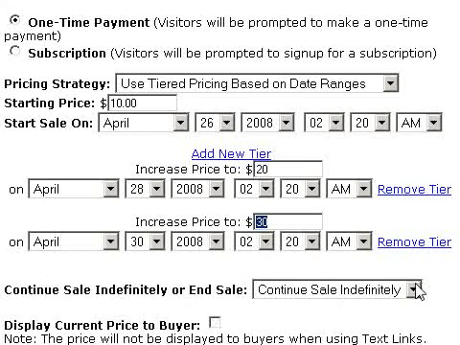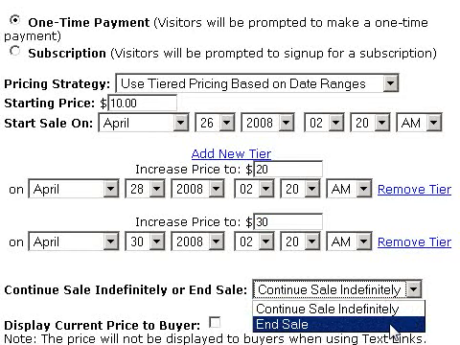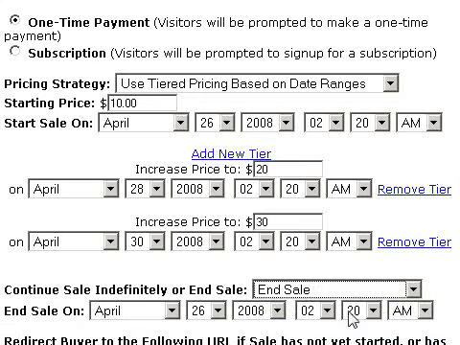And I said increase the price to $30 on April 30th, which is 4 days from now. And then, just like before, you have the option to continue the sale indefinitely or end the sale. And let's just say I want to end the sale for date ranges. That means that I'm going to end the sale on a certain date. So I'm going to go ahead and end the sale on the 31st. Of course, I can choose any month, any year, any date, and any time of the day to end the sale. And that's really powerful because then you can create scarcity and say, hey, price is going to go up every couple of days, and then once it reaches a certain date, the sale's over. And you can do the same